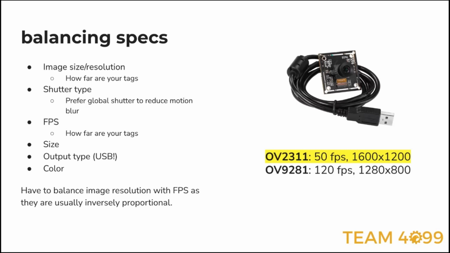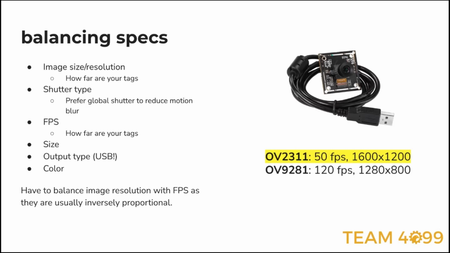The next is shutter type. Shutter type is actually, in my opinion, the most important spec on here, just because global shutter reduces the overall amount of motion blur that you're going to have within your tag detections, which you're also going to have within your images that you're taking from your camera. And the really important thing to talk about with this is because